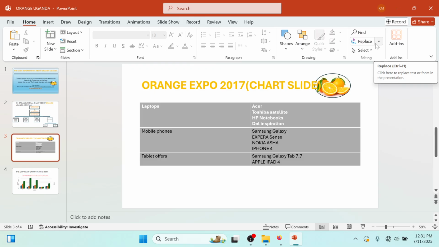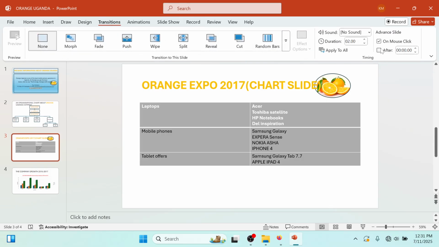Your slide must run automatically after 2 seconds. I just pick that from transitions, then tick after, remove mouse click, give your work 2 seconds. 02. You should be mindful about